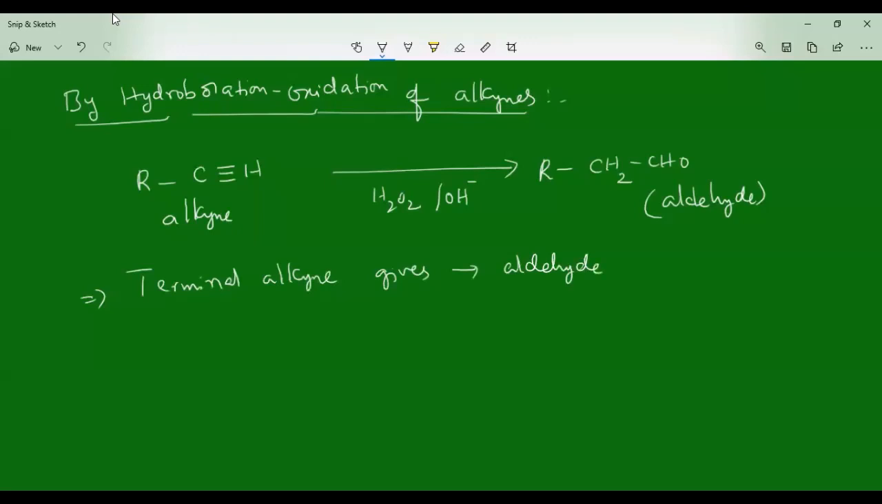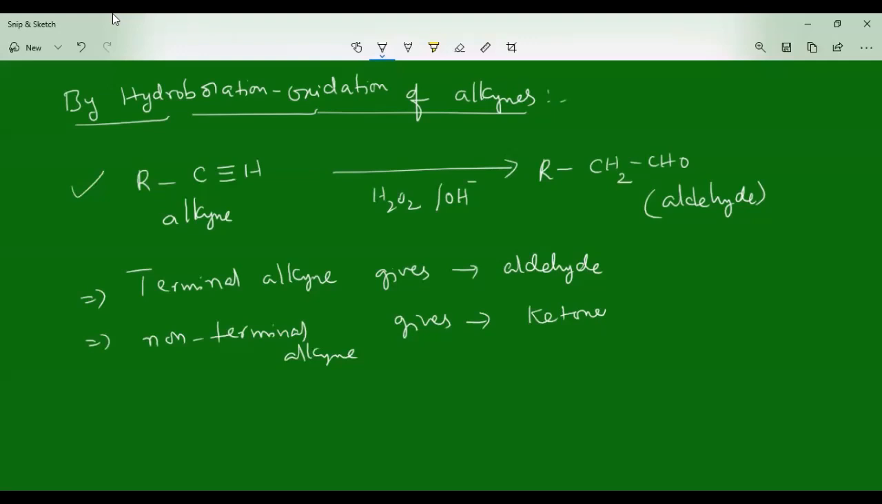Whereas non-terminal alkyne, if you take in this method, you have taken non-terminal alkyne. So that kind of non-terminal alkynes will give the compound ketones. Do remember, they will give ketones. And the equation we are showing here is going to take place